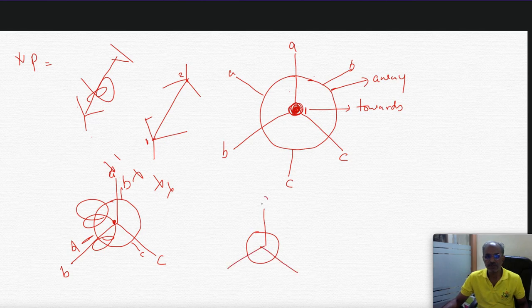For example, this is A, this is B, and this is C. Now if I rotate this, then B comes here, A comes here, and then C comes here. Fine? That means, can I say the carbon atom which is away from the observer, when I rotate it anti-clockwise, these bonds are coming. So one instance it will come when this bond